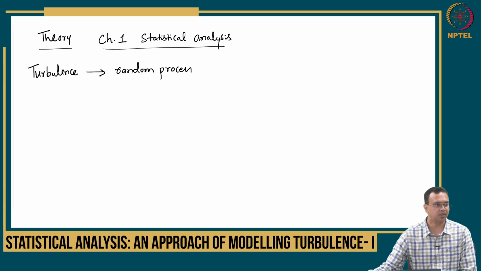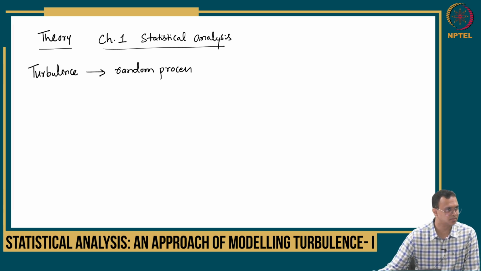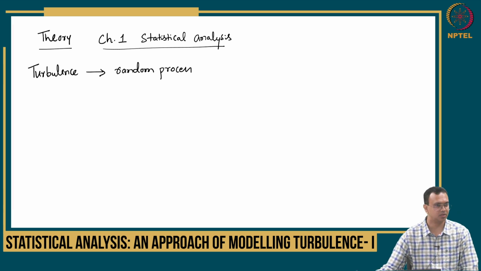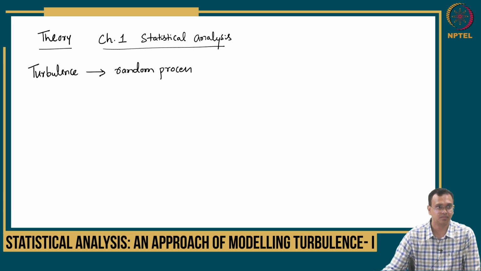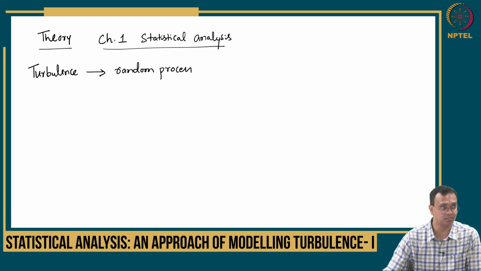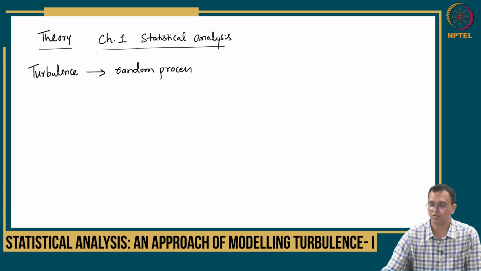Okay, so have you come across any random processes, any examples that you have, or is it only in this course you are going to first encounter random processes? In the context of fluid mechanics, the clue is already here. We are looking into statistics now. We are also saying turbulence is a random process. Any turbulent random processes that you have encountered in your laboratory? Anything that you have measured